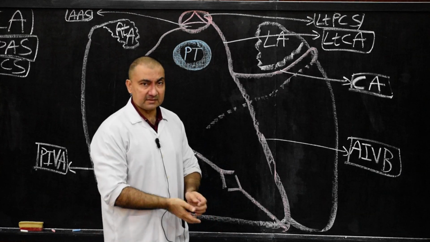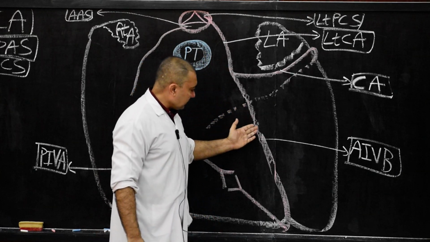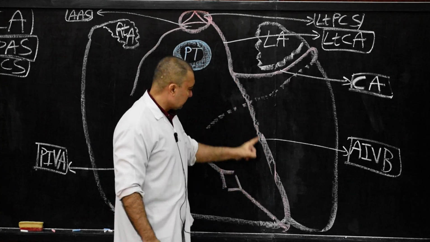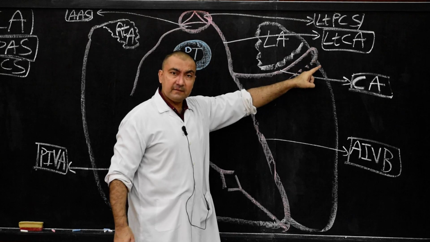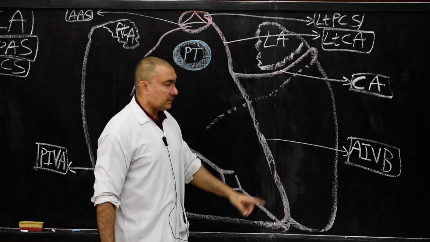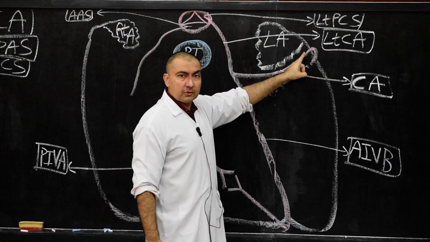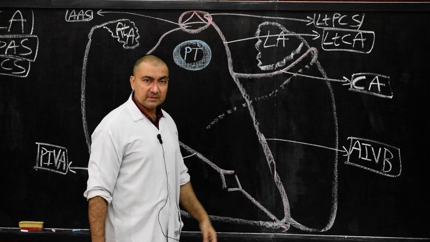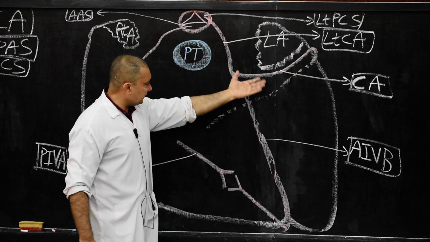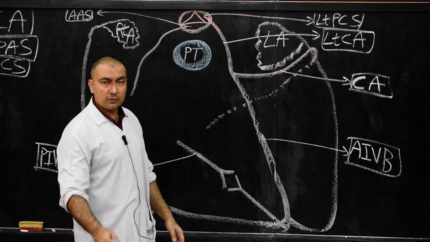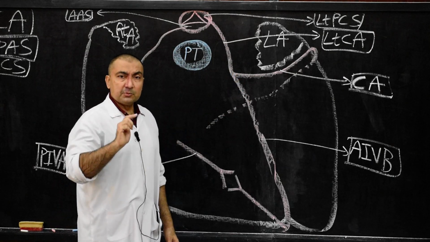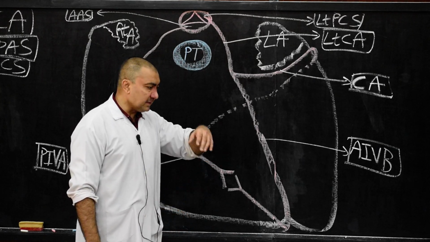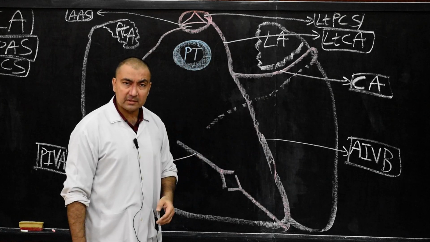One more question answer. The anterior interventricular artery will travel in which groove? Anterior interventricular groove. And the circumflex will travel in which groove? Atrioventricular groove. The left part of atrioventricular groove, and similarly posterior part of atrioventricular groove. Then what will happen? As it passes in the posterior part of atrioventricular groove, it will anastomose with the right coronary artery. And where will it anastomose? In the posterior part of atrioventricular groove.